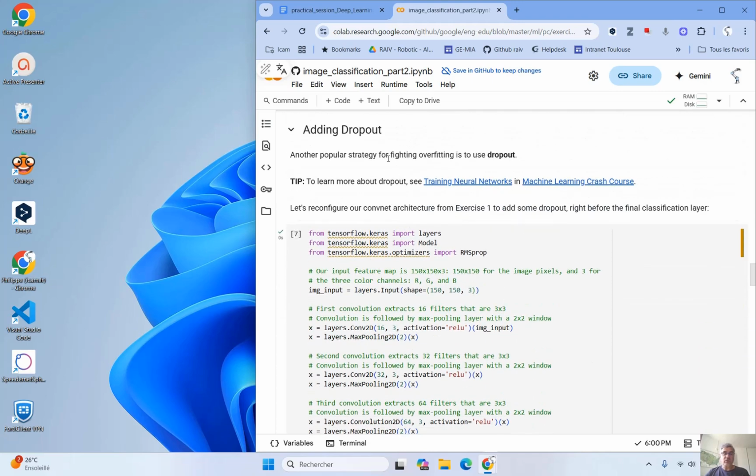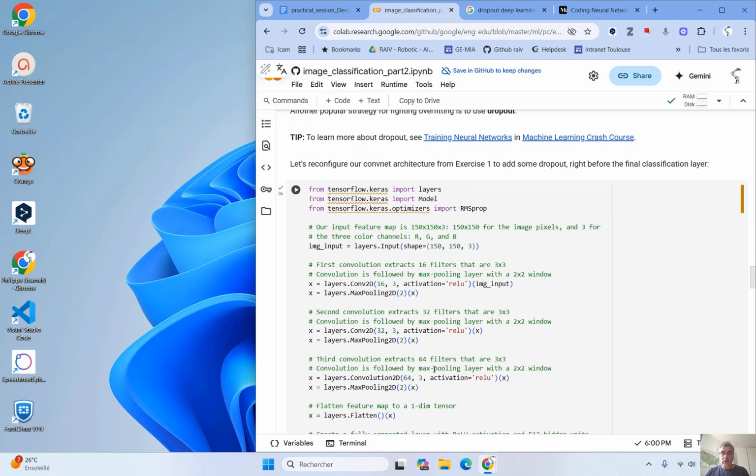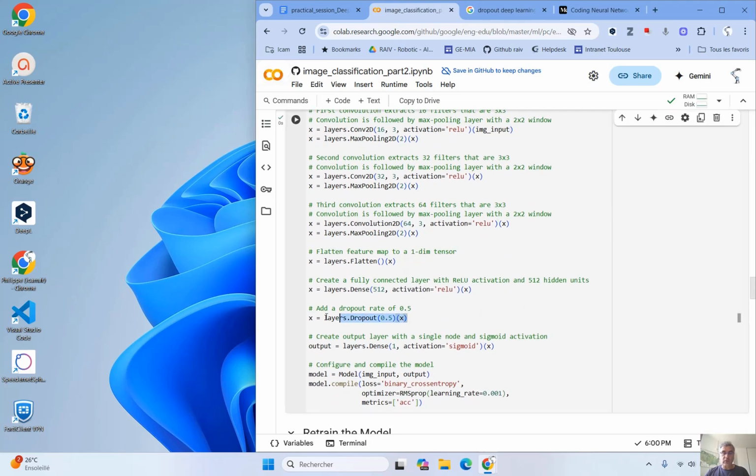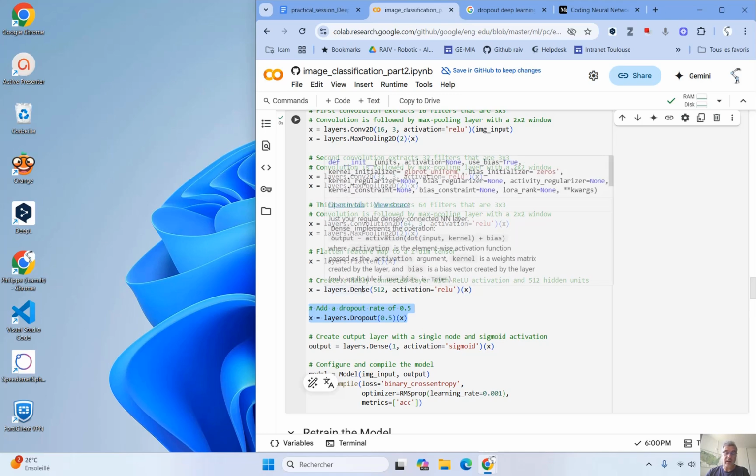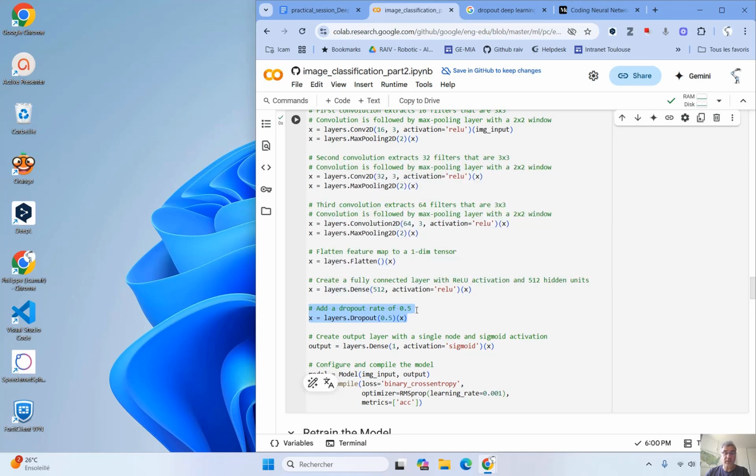Now adding dropout. Dropout is a way to sometimes cut the connections. I will show you. Dropout is a layer, and here we can add this layer between the two dense layers.